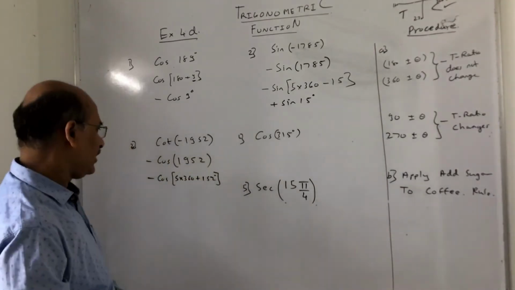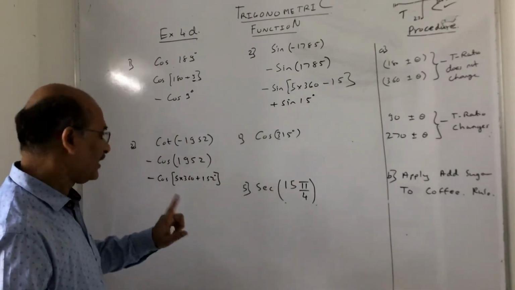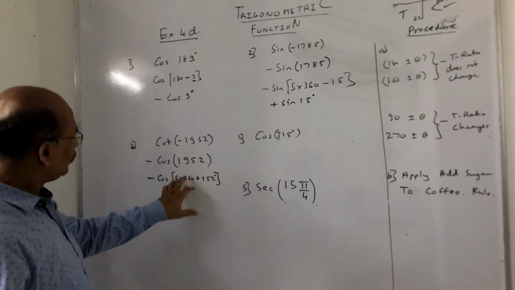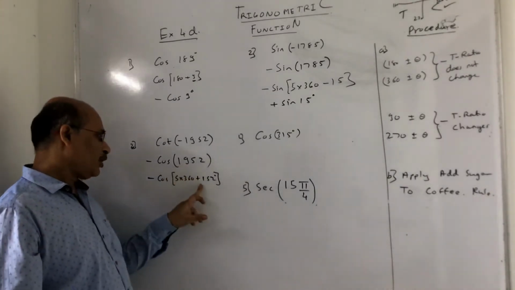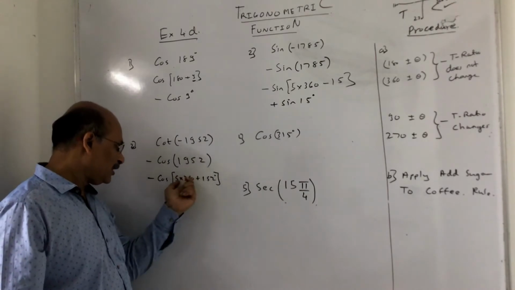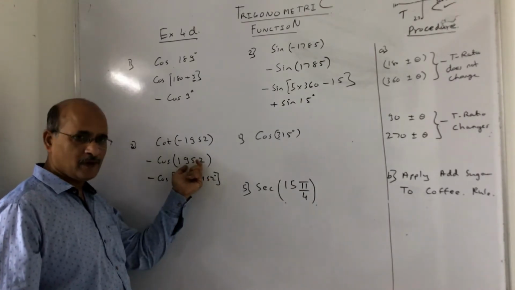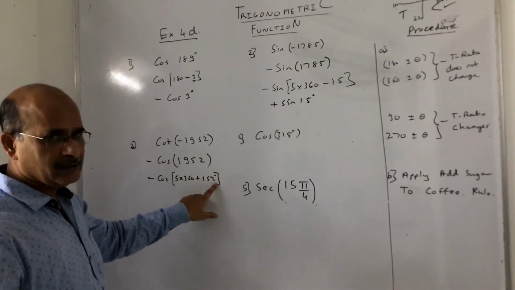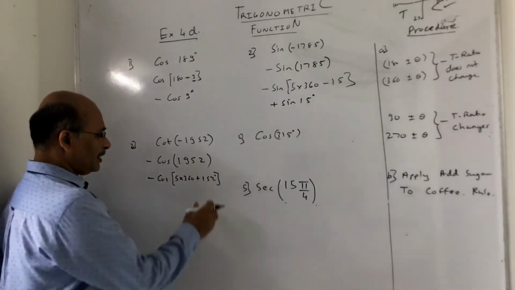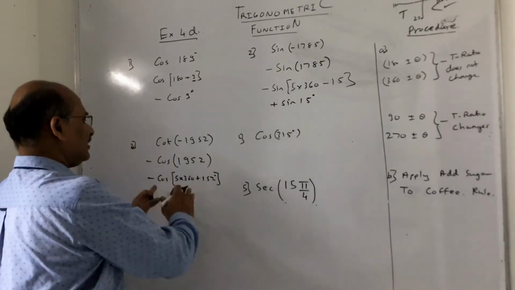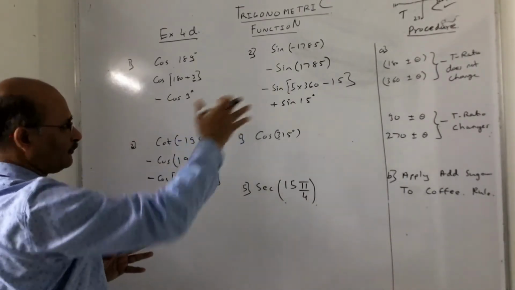Now, a very important message I want to share with you. Listen to me very carefully. Now what happens is 1952, you can do 6 into 360 also, then you will come to minus, because that much angle you have to subtract. So 1800 plus 152 is 1952. And if you write 6 into 360, it will be minus some angle. So whatever it is, now remember this is not an acute angle. But still you apply the same rule we applied before.